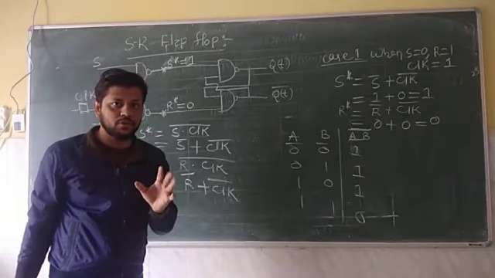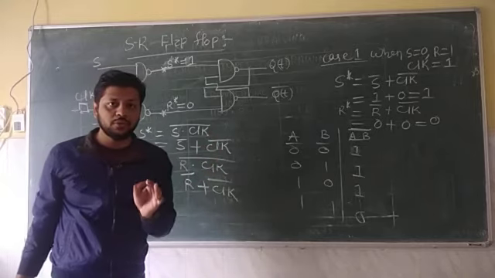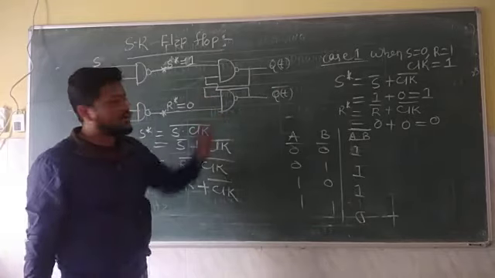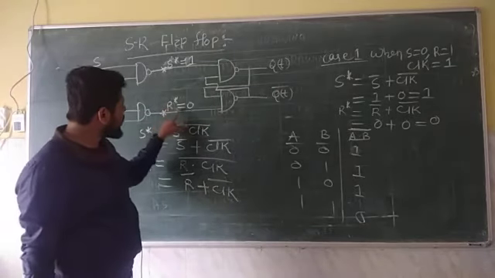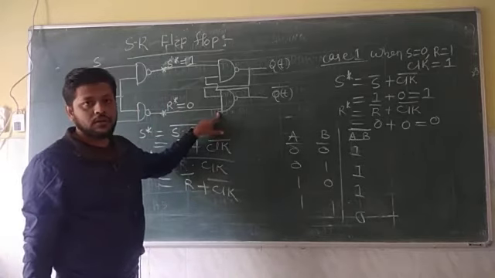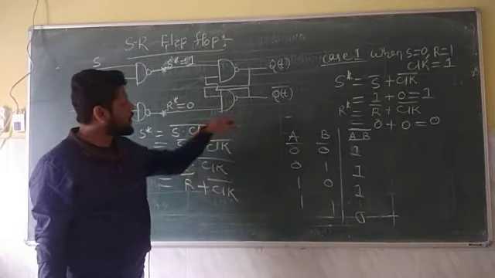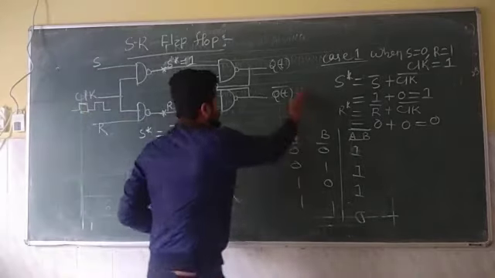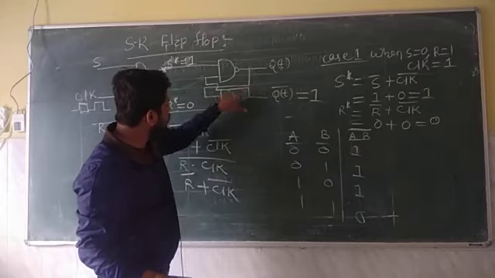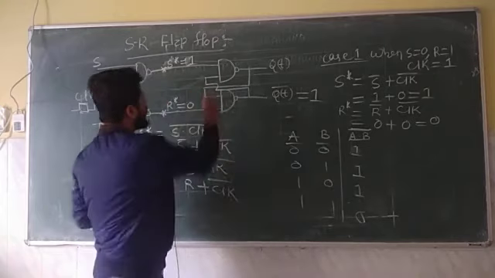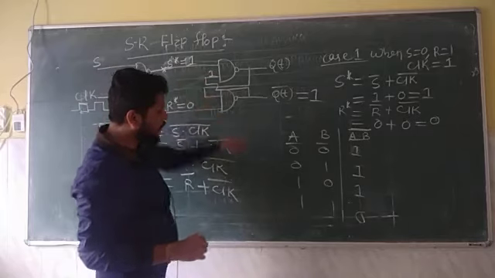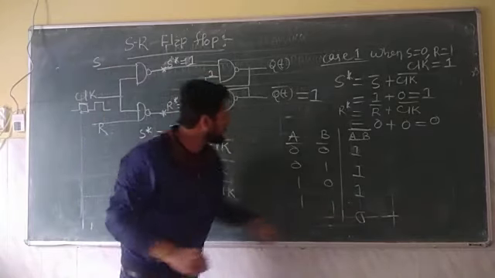Please pay attention to this. The NAND gate is very sensitive to 0. So which gate turns on first? This gate will turn on first. Because of that, the moment we apply R star equal to 0, the moment one of the inputs to the NAND gate is 0, the output is equal to 1. Now see here, this one is connected to one of the inputs of the upper gate. So here this is 1 and this is 1, and 1 and 1 is going to give you 0.